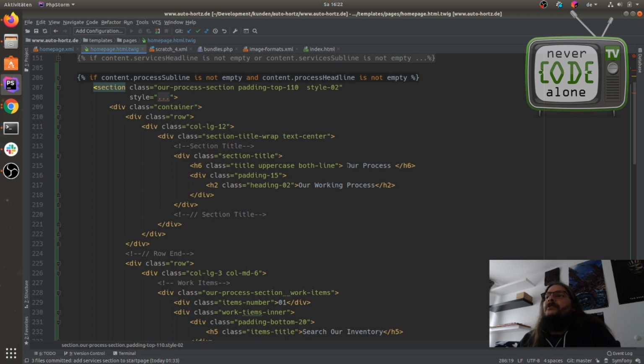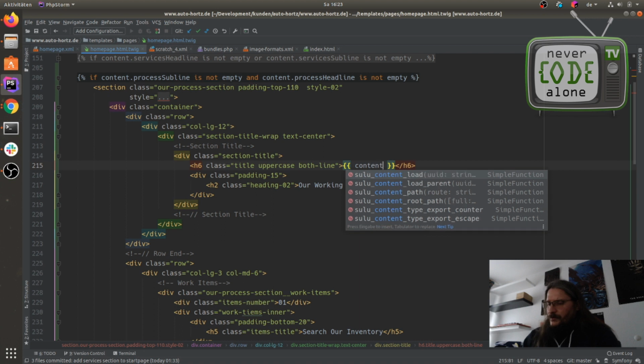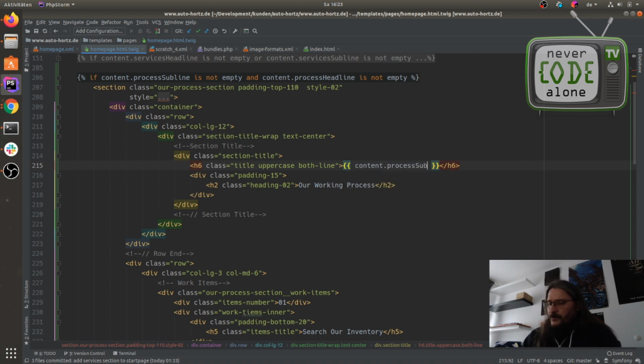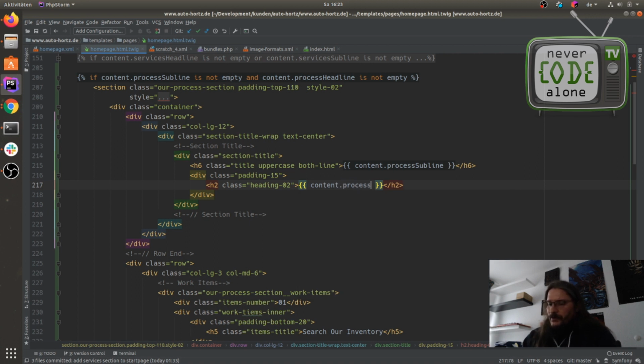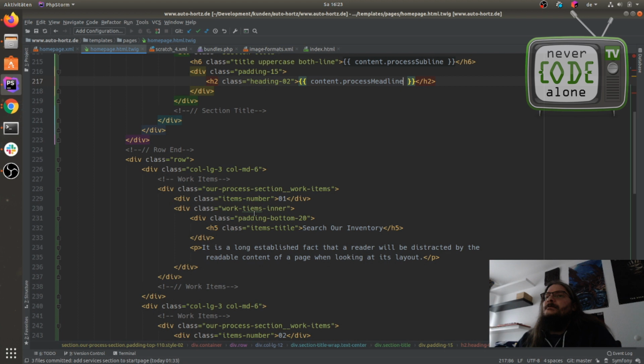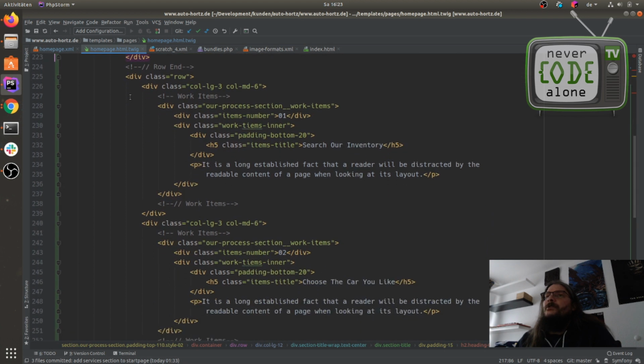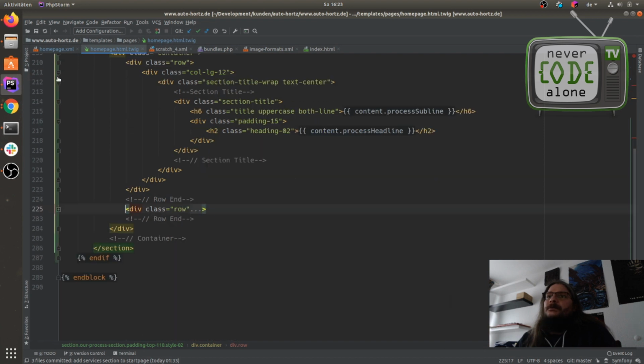There is a lot of stuff, and now here is our process subline, content.process subline, and here I have my content.process headline, and then there is also the iteration items, which we don't need for now, but we have to check where is the image.